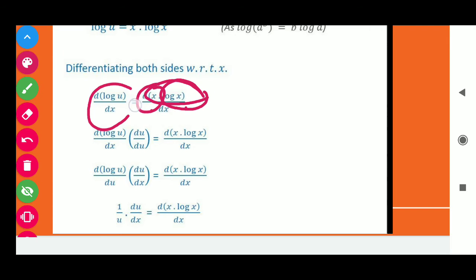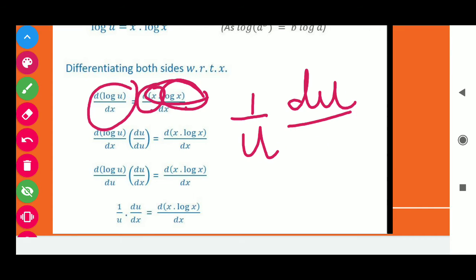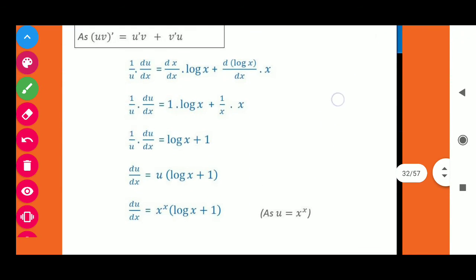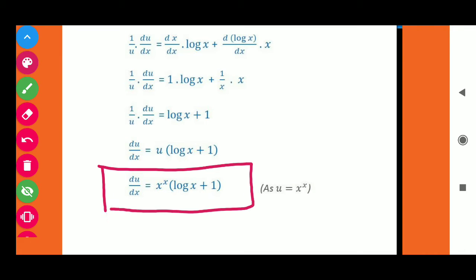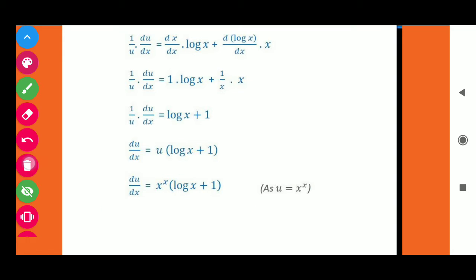And here on the left hand side, what is the working rule? Derivative of log u is 1 over u, and derivative of u with respect to x is du over dx. So students, you can see here we reach 1 over u du over dx is equal to 1 into log x plus 1 over x into x. Now move this u to the right hand side in multiplication. So students, u is equal to x raised to power x. In this way, we get du over dx is equal to x raised to power x into log x plus 1. So now